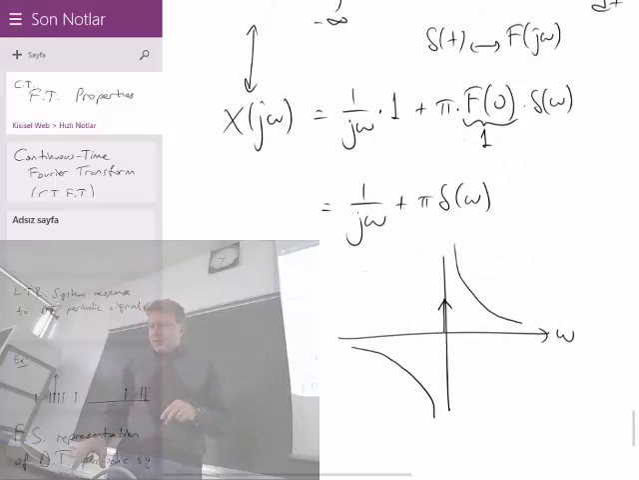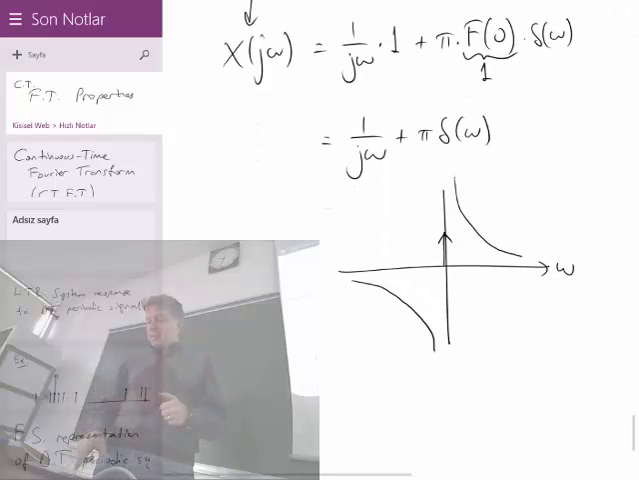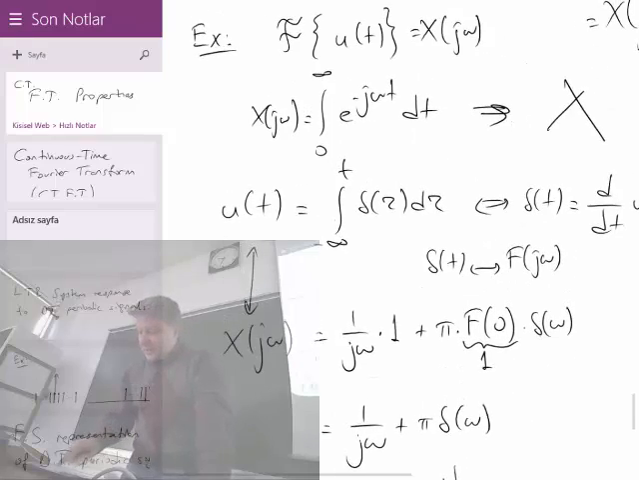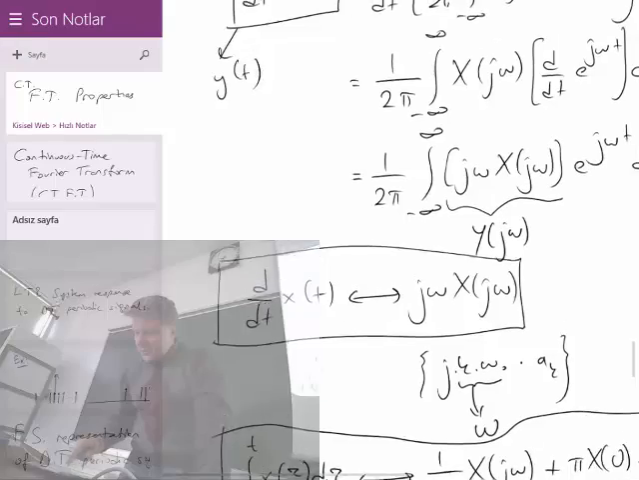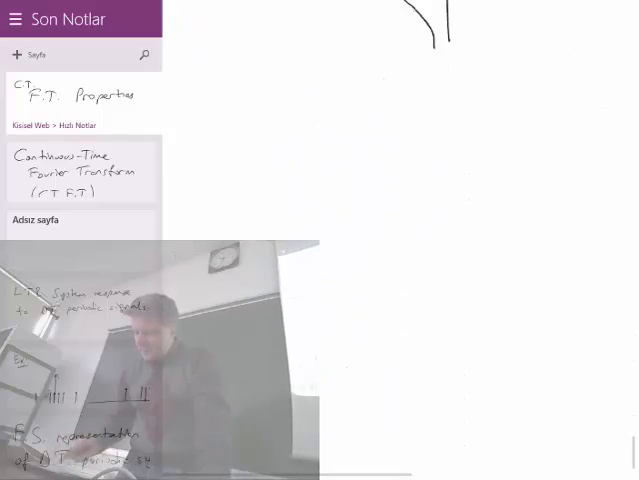So, as you see, even for the easiest u of t Fourier transform, we need to use some properties. And the property that we use is the differentiation and integration property. Very well. The next property, what's the number? This was number 4, I guess. Okay, now we are at number 5,